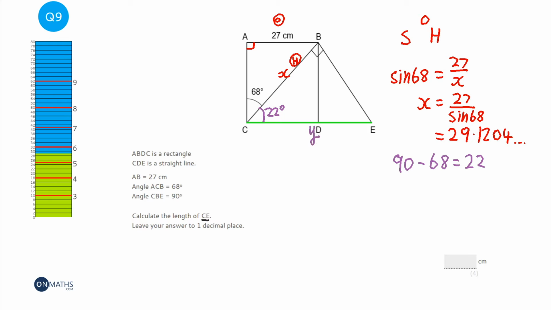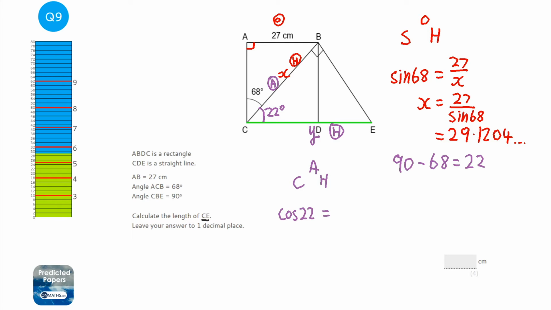I'm going to call CE Y, and so what have I got? I've got the adjacent here, and I've got the hypotenuse because this is opposite the right angle. So this time I'm going to be using cos, so it's CAH, so cos 22